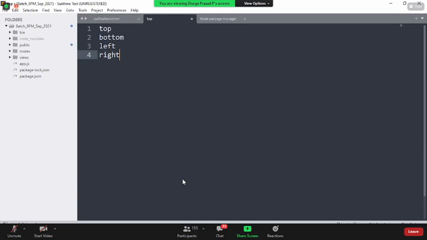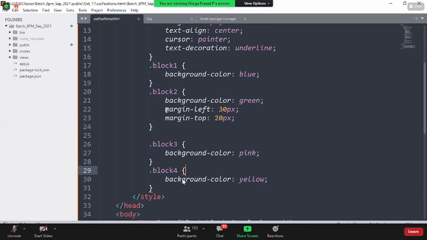Don't use margin left, margin right, padding top, and so on, but move the DOM elements using these four properties. Don't say margin left here, remove this, only the left property. Don't say margin top, remove this, just left and top. If you want right and bottom also, you can give them. But for now, I just specified left and top.